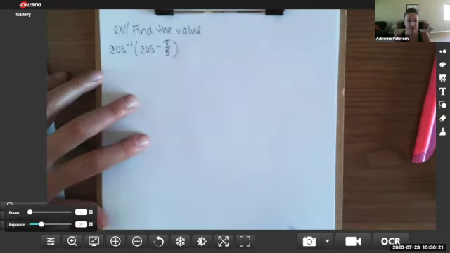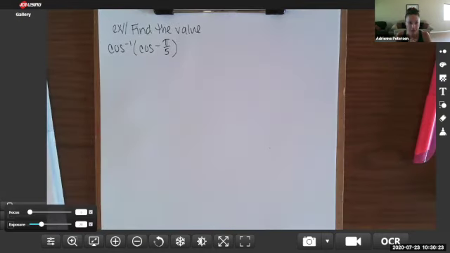Okay, so find the value of inverse cosine of cosine of negative pi over 5. Again, anytime we see sine and inverse sine, cosine and inverse cosine, tangent and inverse tangent in a row, we should ask ourselves, do they cancel each other out? In order to cancel each other out, we need this value in here to be in the domain of